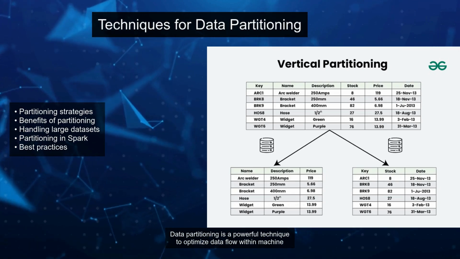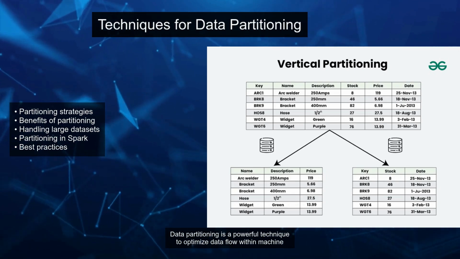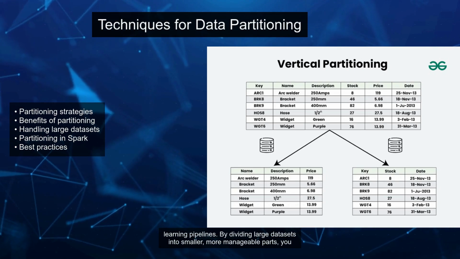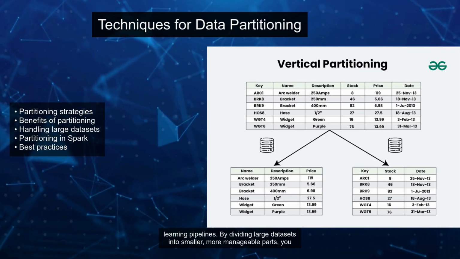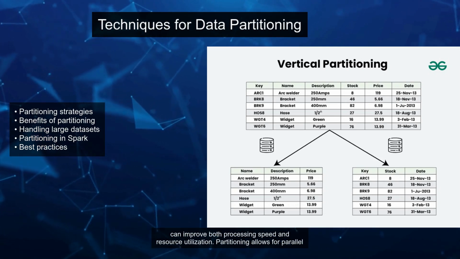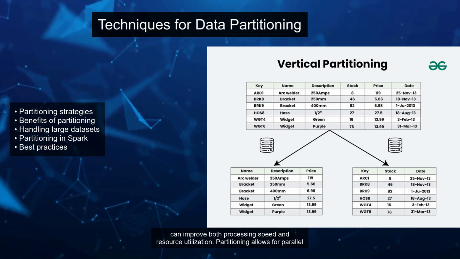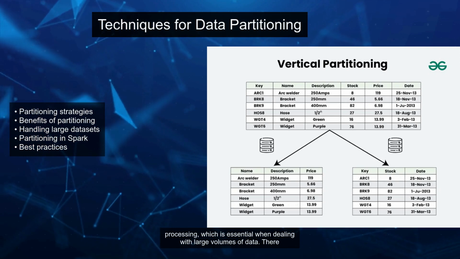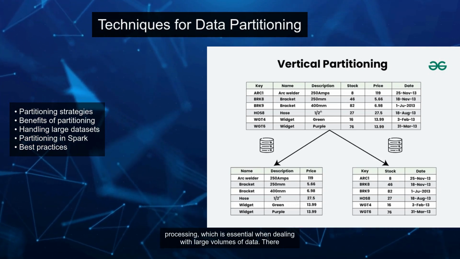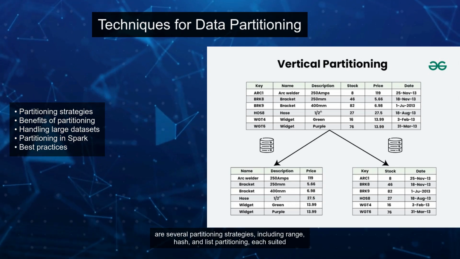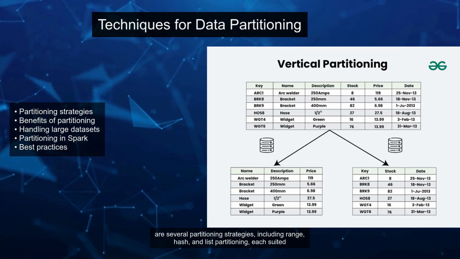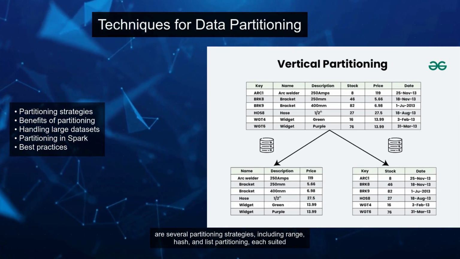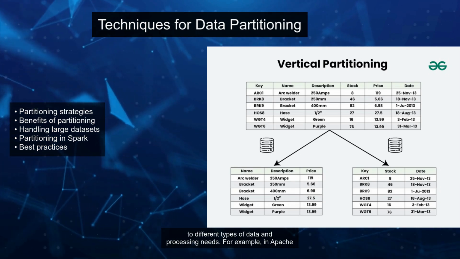Data partitioning is a powerful technique to optimize data flow within machine learning pipelines. By dividing large datasets into smaller, more manageable parts, you can improve both processing speed and resource utilization. Partitioning allows for parallel processing, which is essential when dealing with large volumes of data. There are several partitioning strategies, including range, hash, and list partitioning, each suited to different types of data and processing